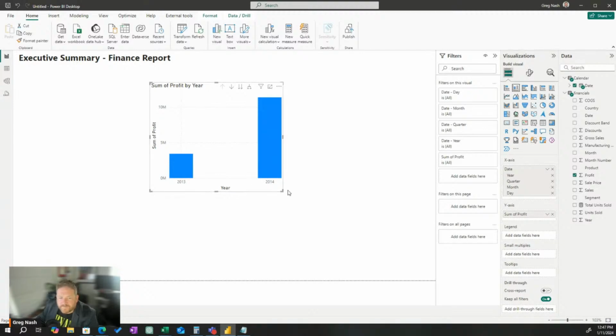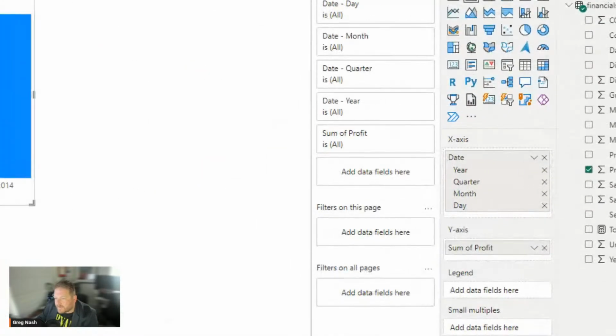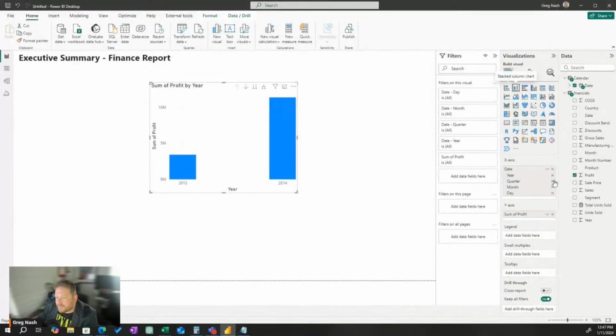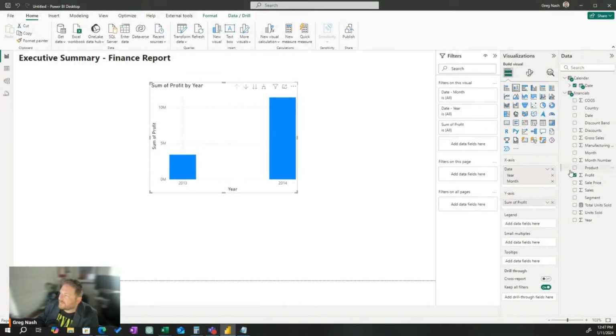Oh, very fancy. All right. So what we're going to do is remove quarter from here. To do that, we click the little X next to it. Hopefully that's obvious. Click to get rid of the quarter. Get rid of the day as well. We don't need day. We're only going to have year and month. And then I assume they're going to get us to drill down somehow.